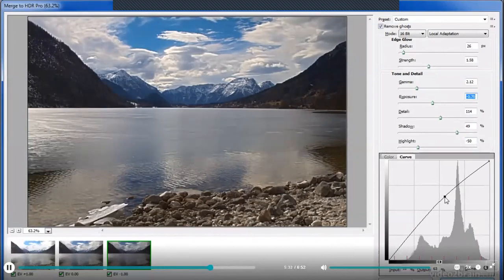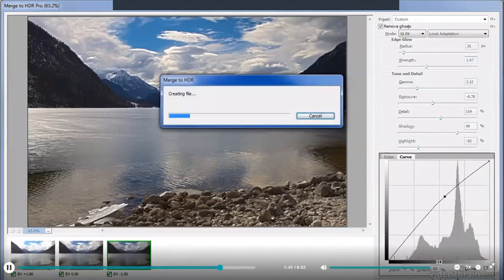This is producing an image that looks relatively realistic and yet contains a far greater range of tonal values than I possibly could with a single exposure. I do think I'll tone down the strength of the edge glow just a little bit there, and that's looking pretty good. So I'll go ahead and apply that adjustment, and this will create an image that I can work